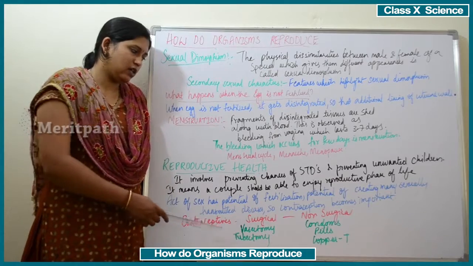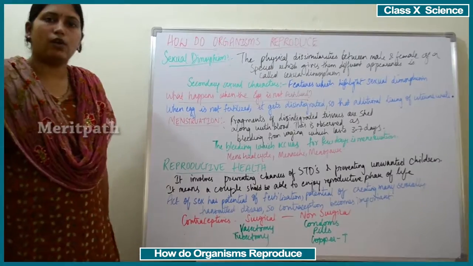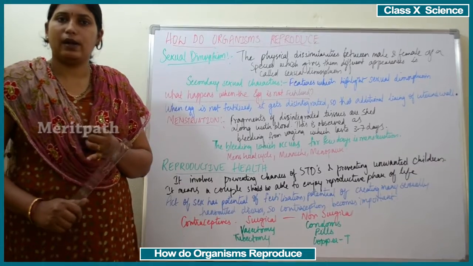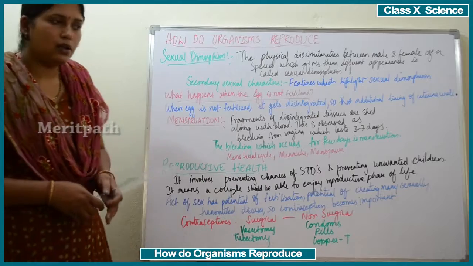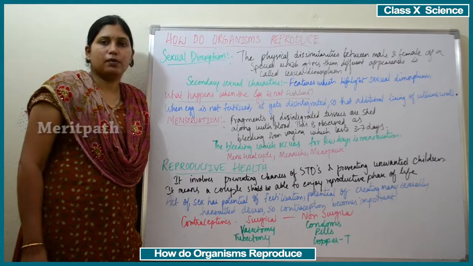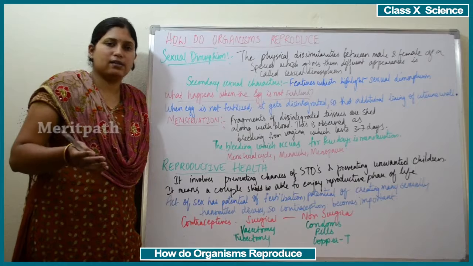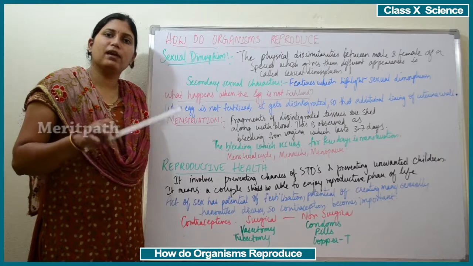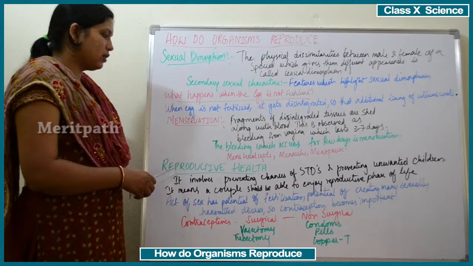Every surgical or non-surgical method may have some side effects, but that is not why people are not following them. And the population is also increasing nowadays. So contraception also comes into account to control the population, right? Because as the population increases, the demand for food, homes, hotels, land and everything is increasing. That is the reason contraception is important, to decrease the number of children being born. So that is all about reproductive health.